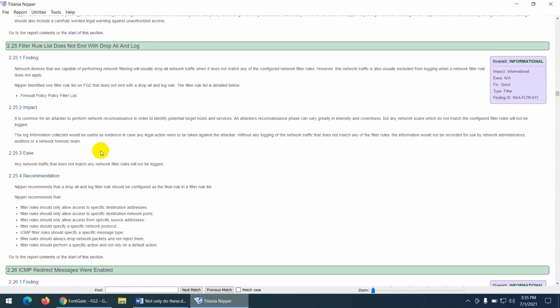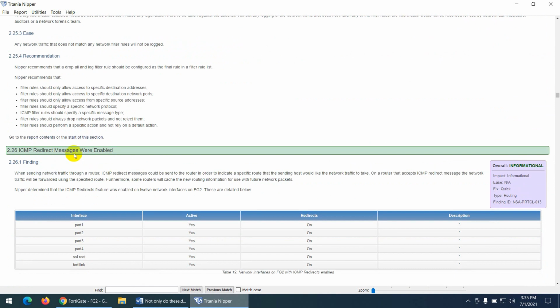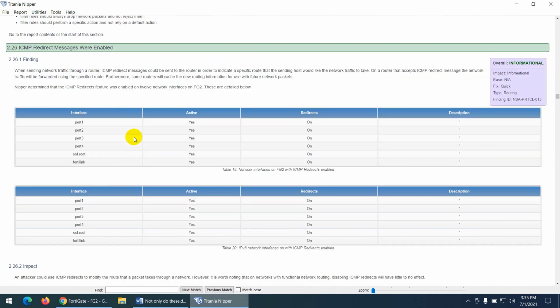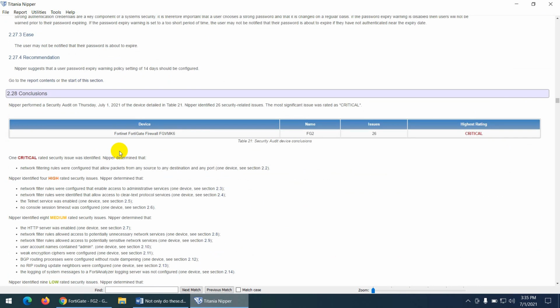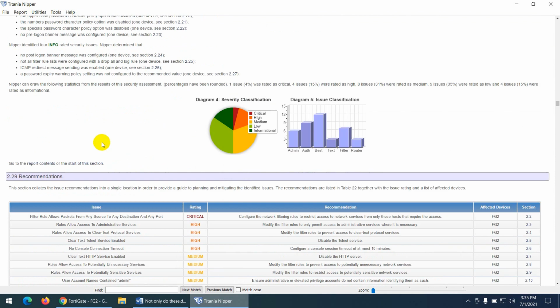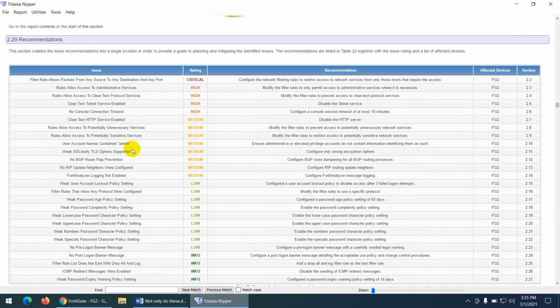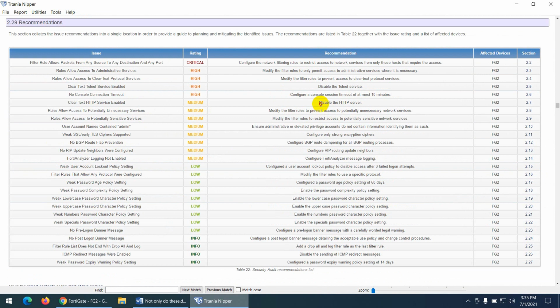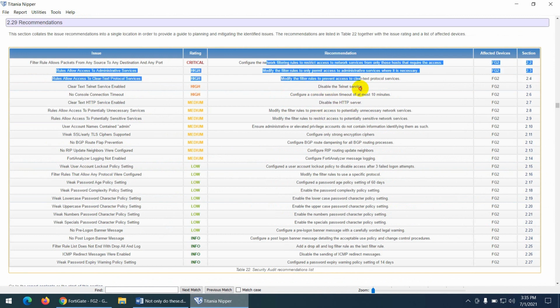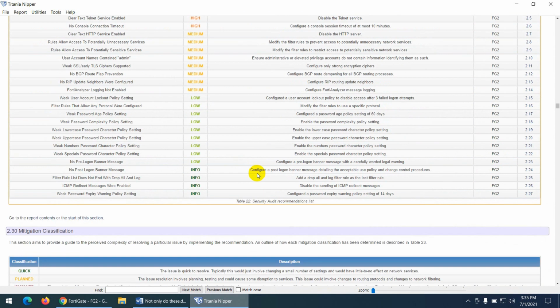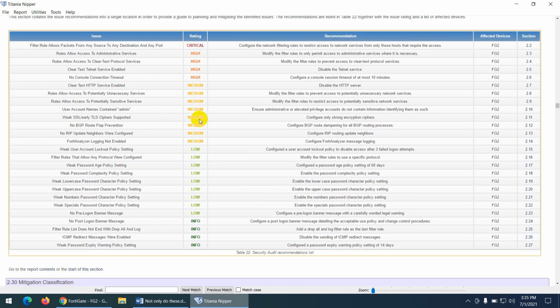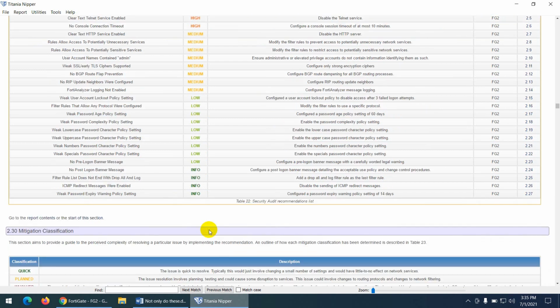Okay, and then logs, filter, etc. ICMP redirect has to be disabled, and then they find out that it's to be disabled on this port. So we can use this for attack purposes, so that's why it has to be disabled. And what else? Weak password expiry again, and this is a conclusion. And then they mention a few things, these are the recommendations. They said disable HTTP, disable telnet, and all those things they mention here. Very good thing. This summary table is very good. The recommendation one can help you. How many of them are high, medium, and low, and some of them are just information.